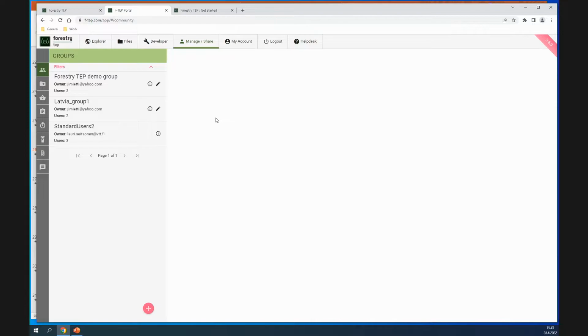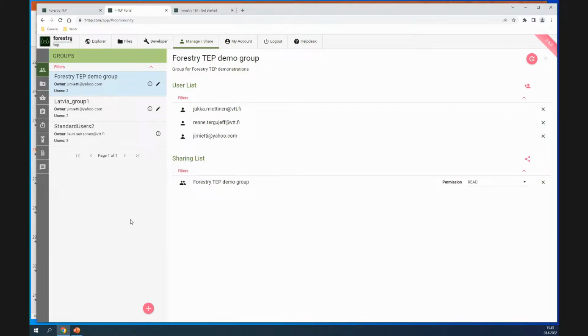A group is an important concept in Forestry TEP, because if you want to share your work, your services, your outputs or your reference data with other people, it all happens through this group concept. You can create a group for yourself here, and then add members into that group. We will actually do this later today.